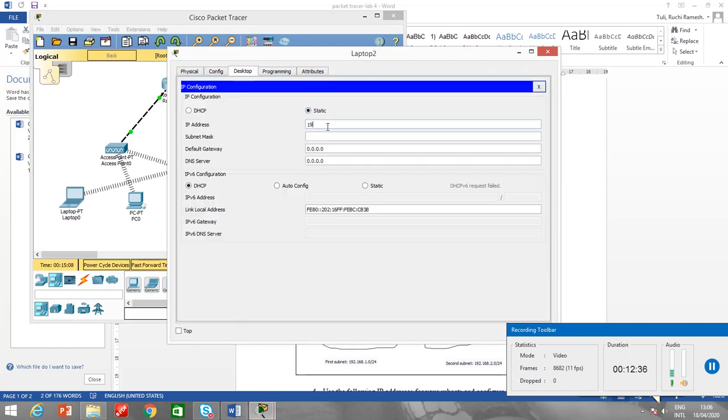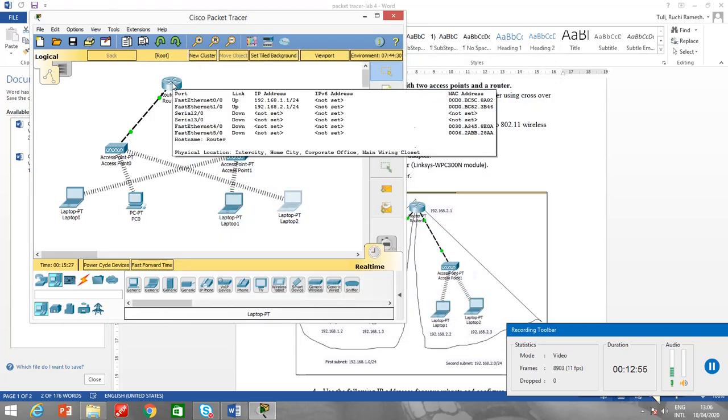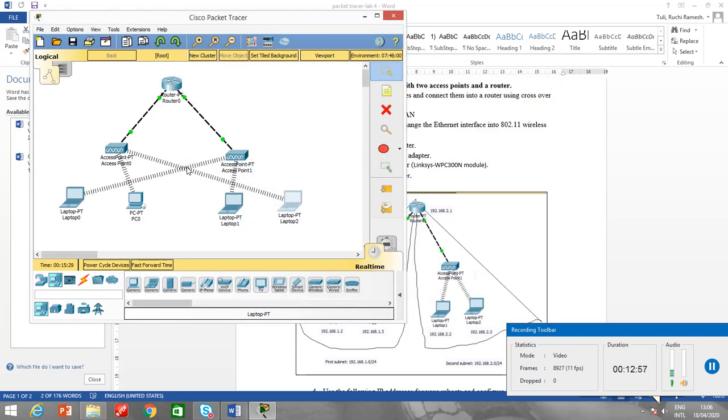Static, 192.168.2.3 and default gateway is 192.168.2.1. So it's done. If you see, it's done now.